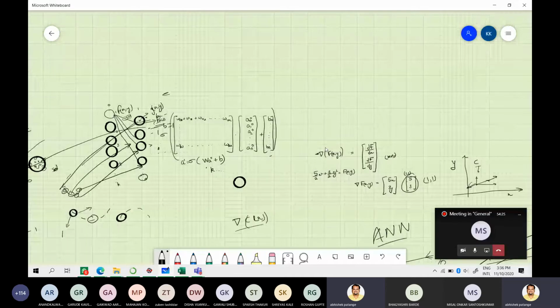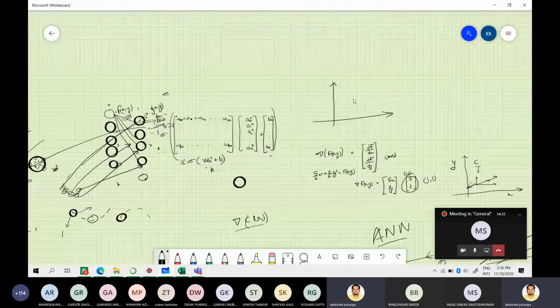For example, let this be the cost function with respect to the number of iterations. Let's say we are here and the error is say C1. We want to get here, which is the lowest cost function, the least cost function. This is like a ball analogy. We keep descending down in steps. In each iteration we keep moving, and we try to achieve the lowest error. The algorithm by which that is done is called gradient descent.